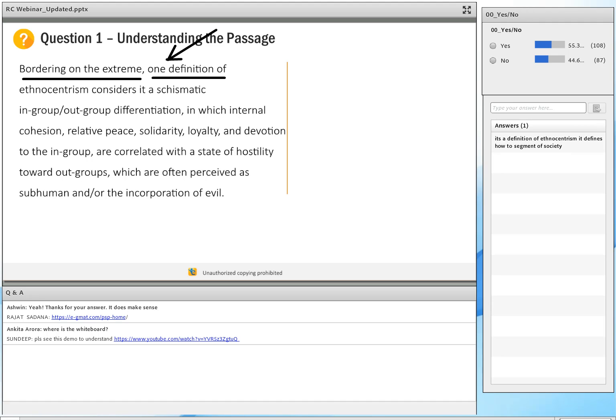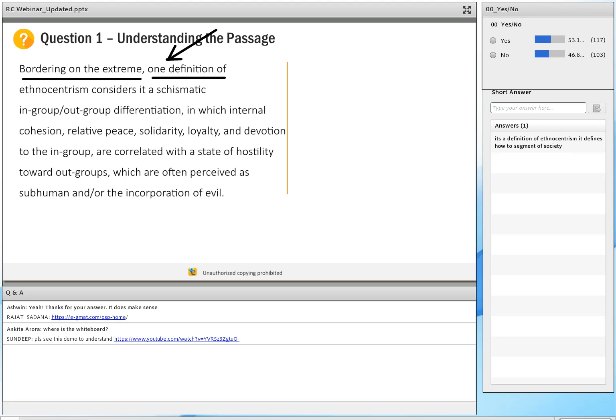And you can really see 50% of you did it, half of you did not do it, which is probably where you lost this question. All right. And that's where, when I say read the passage from the point of view of the author, that is the point of view of the author over there.